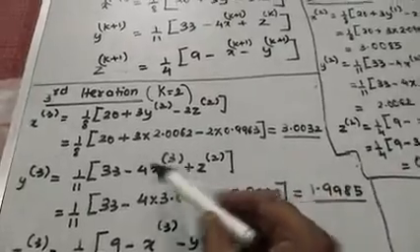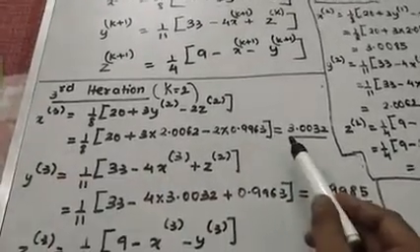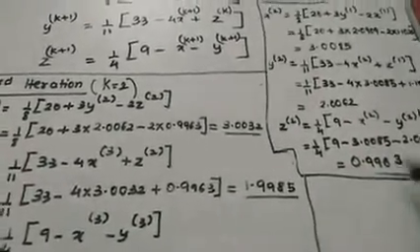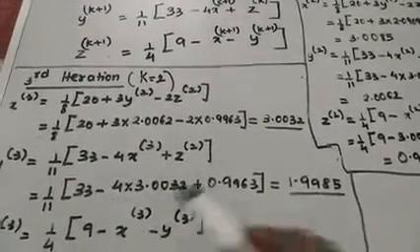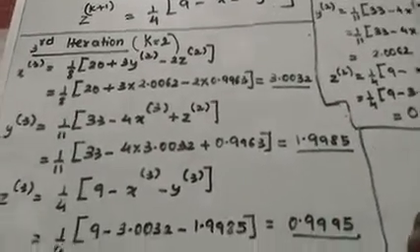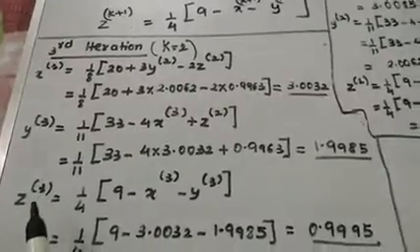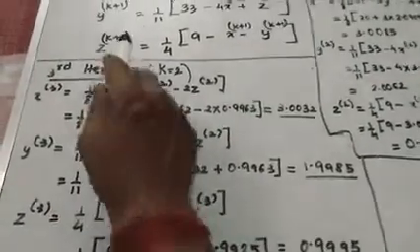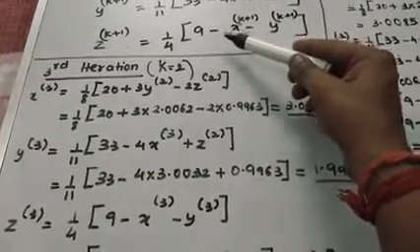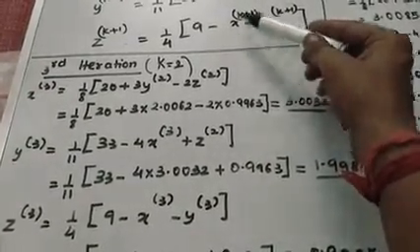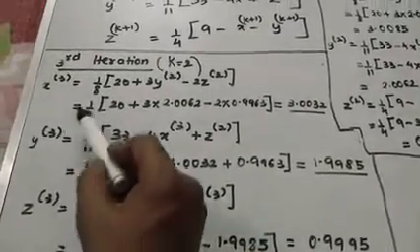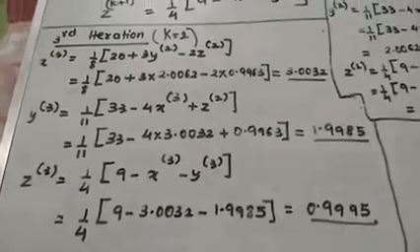See, we are putting k equals to 2, remember 2 plus 1 is 3, x3 and here z2. Now we have calculated the x3 value, so we will put that value here, and z2 from the previous iteration. So after putting the values and calculating, we got our y3 as 1.9985. And now the last one, z3, that is putting k equals to 2 in the z formula, 9 minus x3 and y3, and the x3 and y3 values we have calculated just now. Just putting the values we get the result.